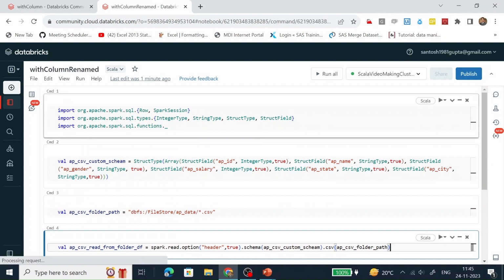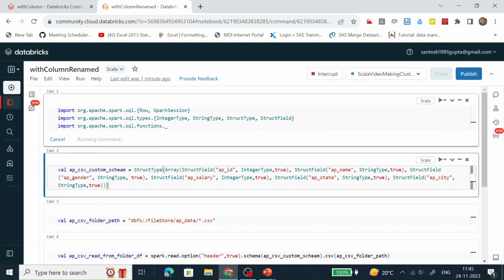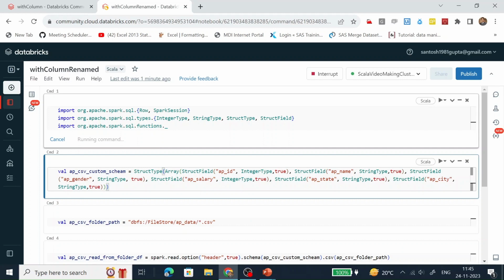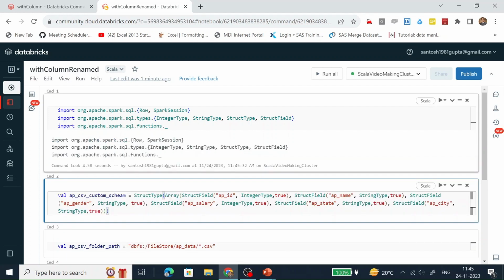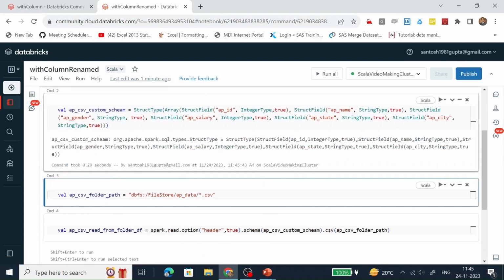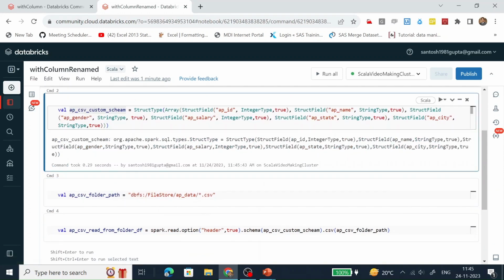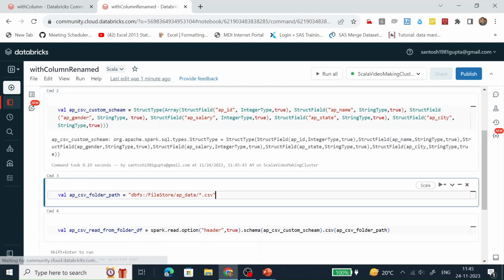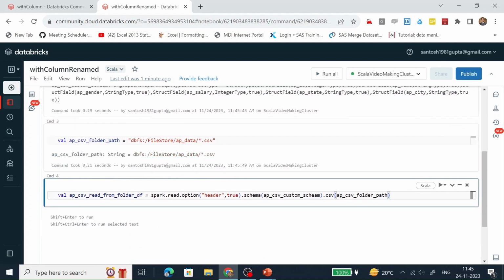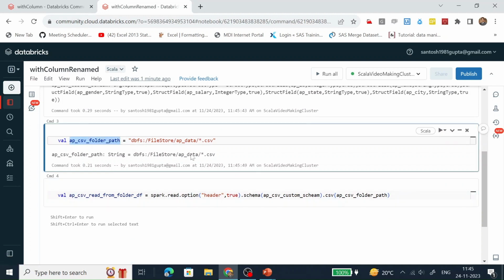Let's run it one by one. All the required libraries are available in this notebook. This custom schema has been created successfully. This variable has the folder level path where many CSV files are present.